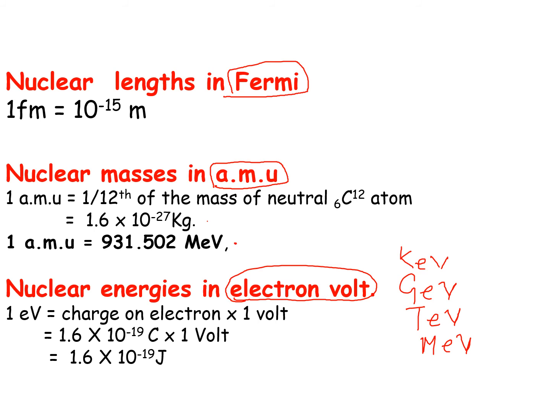and then mega. So 1 electron volt is defined as the energy gained by a single unit of electronic charge when accelerated through a potential difference of 1 volt. So 1 electron volt is equal to the charge on 1 electron into 1 volt. As we know, the charge on the electron is 1.6 into 10 to the power minus 19 coulomb into 1 volt. So coulomb into volt gives rise to joule. So 1 electron volt is equal to 1.6 into 10 to the power minus 19 joule. So these are the units in nuclear physics.